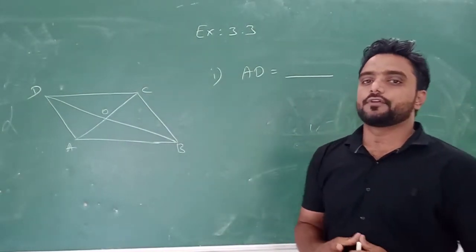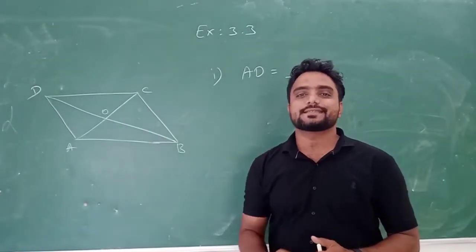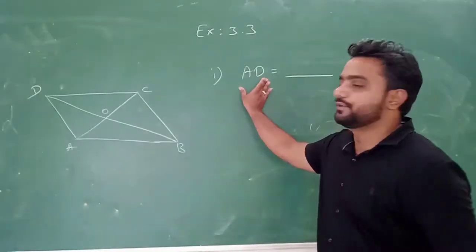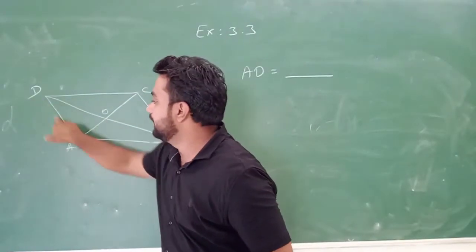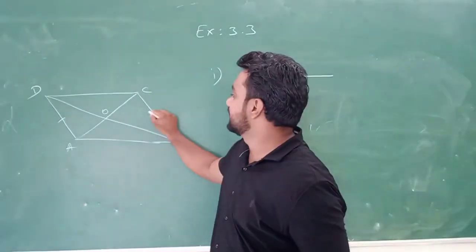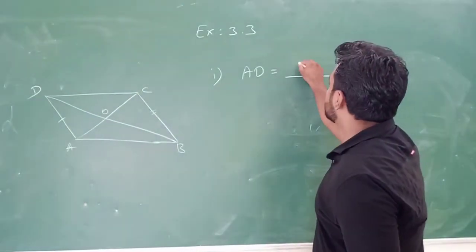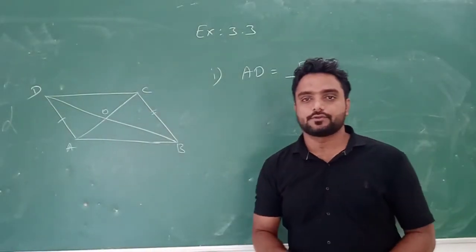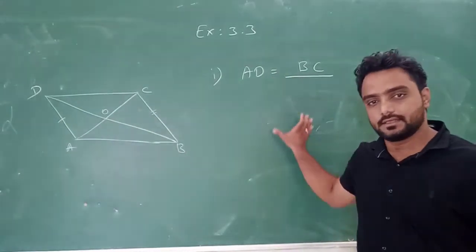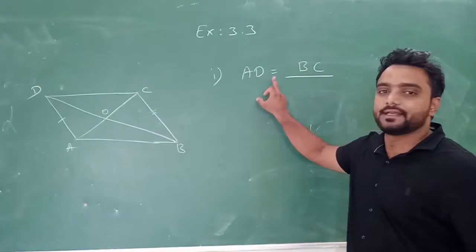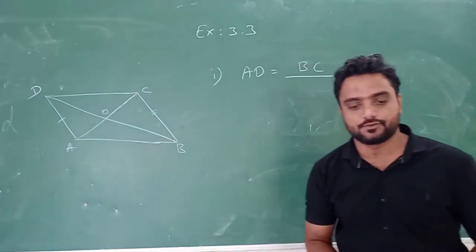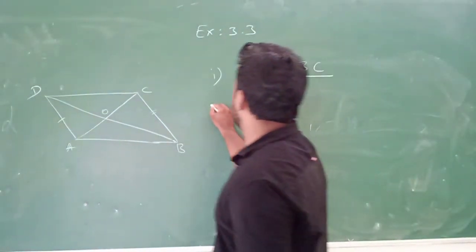Now one property of a parallelogram is that the opposite sides of a parallelogram are equal in length. Understand or not? So here one side is given to you, AD. So here AD is this one. So which is the opposite side of AD? That is this one, that is BC. So the answer is BC. Understand or not? Here, according to the blanks, we have to write the answer according to the properties. So according to that property, AD side is equal to which side of the parallelogram? That is the opposite side of AD, which is BC. Understand or not? Now the next one, second one.